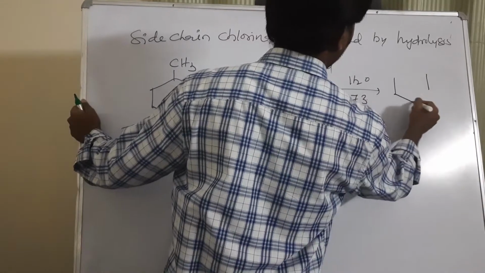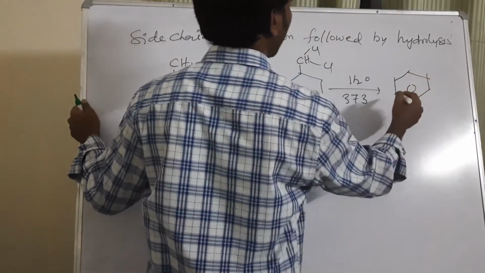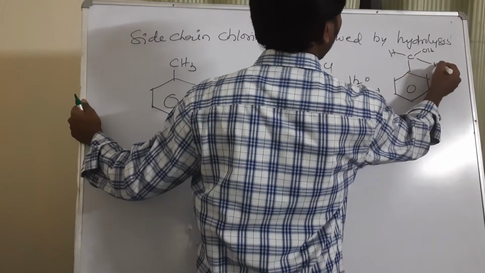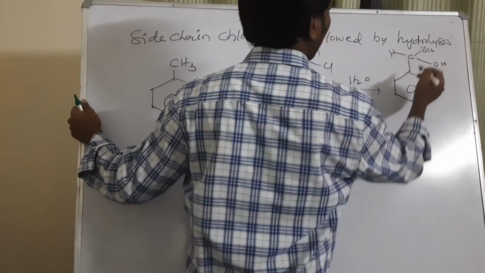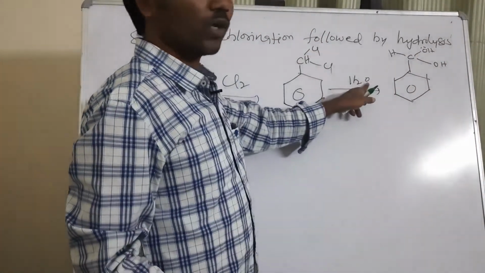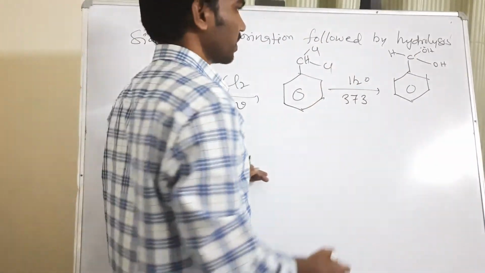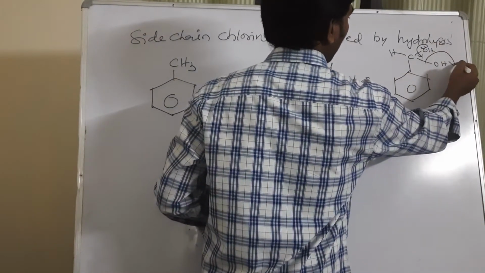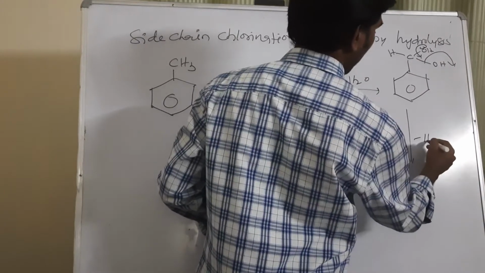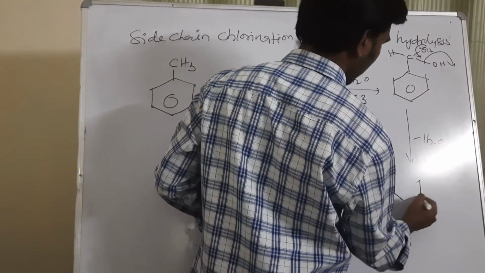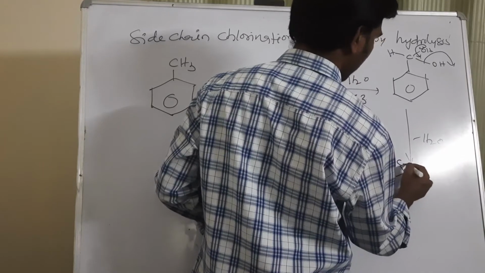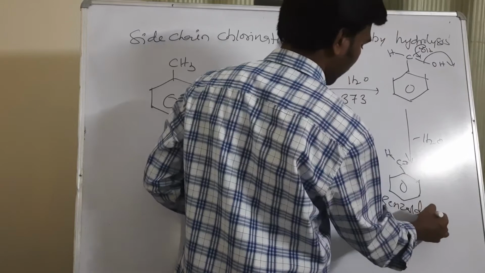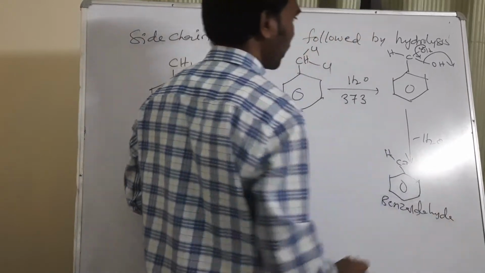So it is going to form C, here H will come, here OH will come, here OH will come, okay. So here Cl will be replaced by OH group, nucleophilic substitution reaction will take place. Here this lone pair will shift like this and this OH group will eliminate, so that minus H2O elimination will take place. After that it is going to form benzaldehyde, C double bond OH will form. So the name of this one is benzaldehyde. This is one of the best methods for the preparation of aromatic aldehydes.